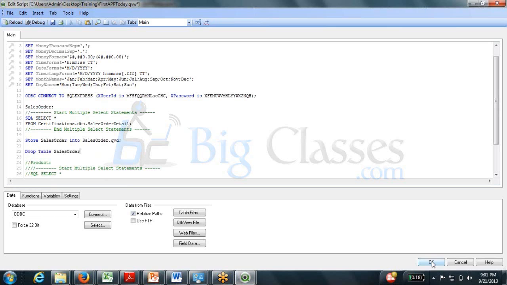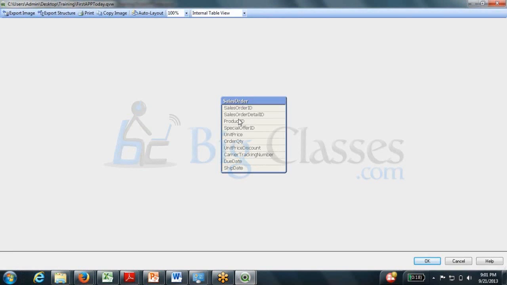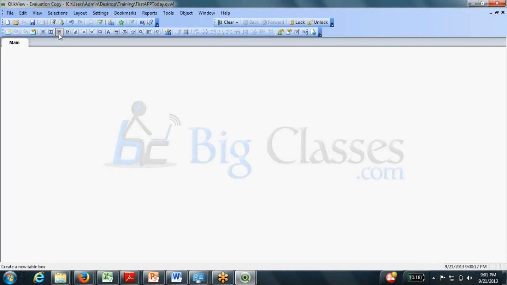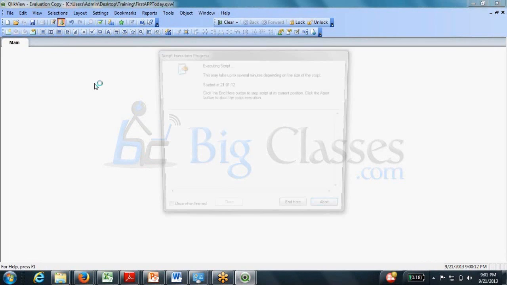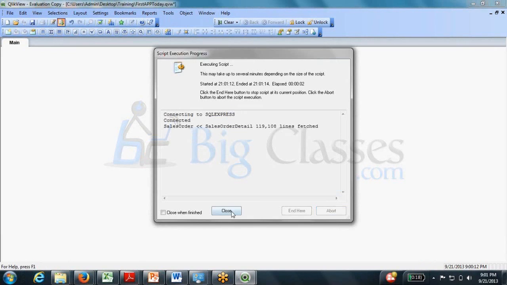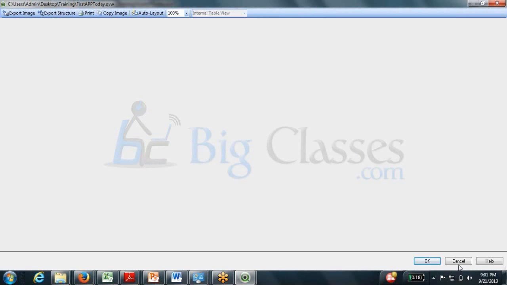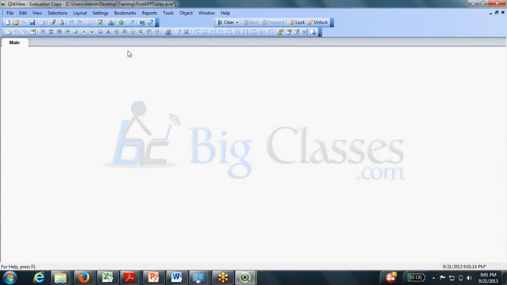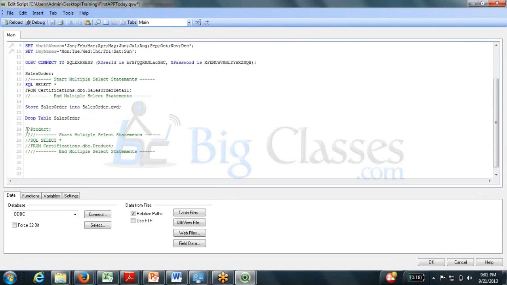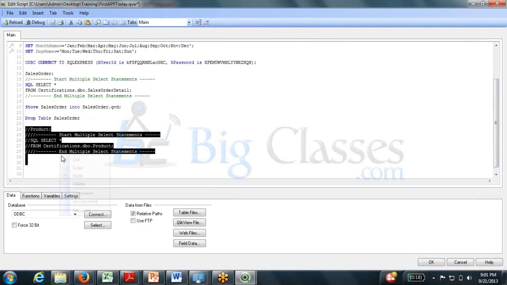If you see now, after creating the QED, the data still resides in this file. Once you use the drop table, the data doesn't reside. So this becomes a blank QVW file. Now you name this one as an extractor and you use this. In this file you can have multiple connections, like I can have this product,